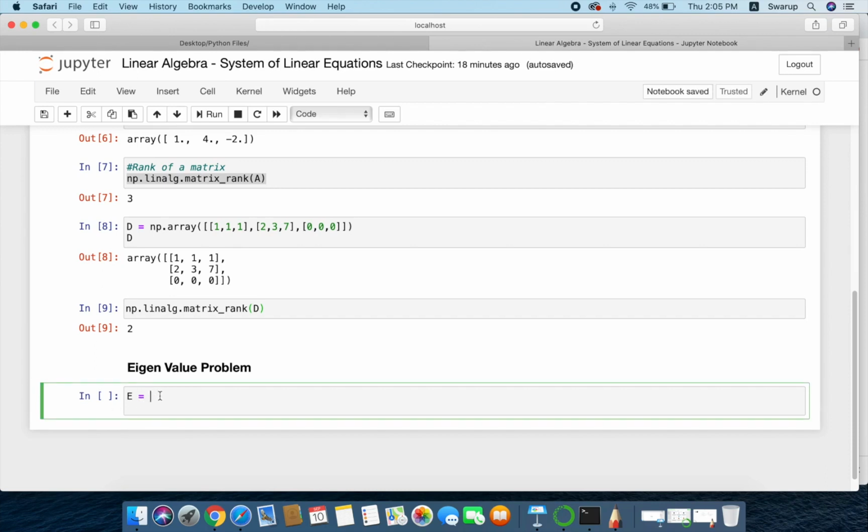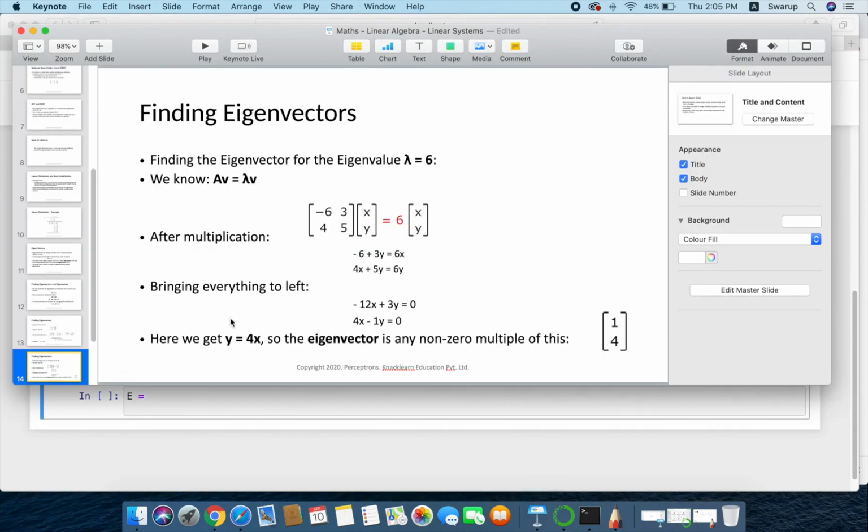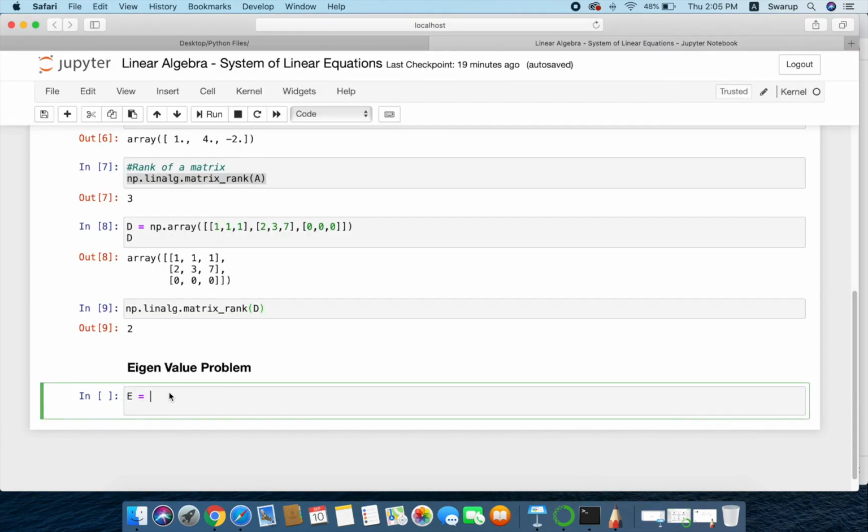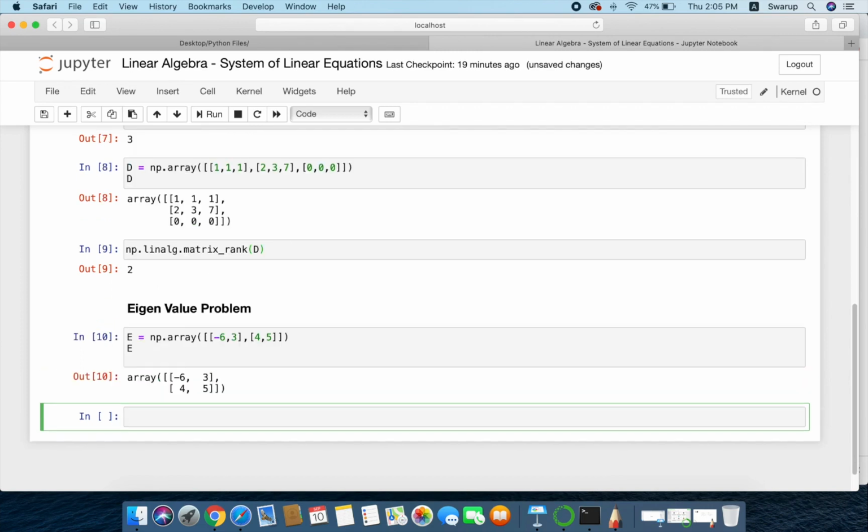So now here E is nothing but the values minus 6, 3, 4, 5. When we check the E value, it says minus 6, 3, 4, 5. This is the matrix we have. So we want to find out the eigenvalue here.